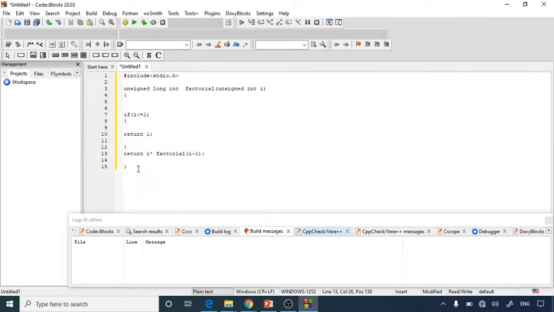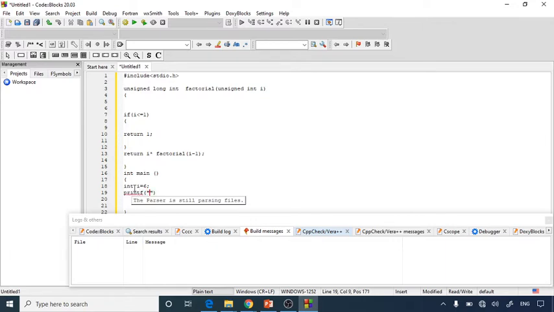After that I'm going to call my int main function. Inside int main I'm going to give the value of i. Here I'm not asking the user to input, I'm just giving 6, int i = 6, and then I'm printing my result.